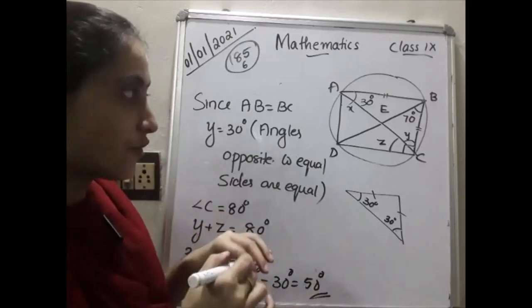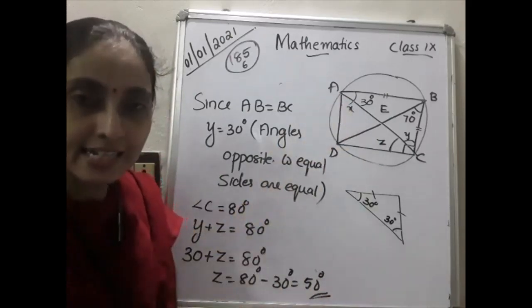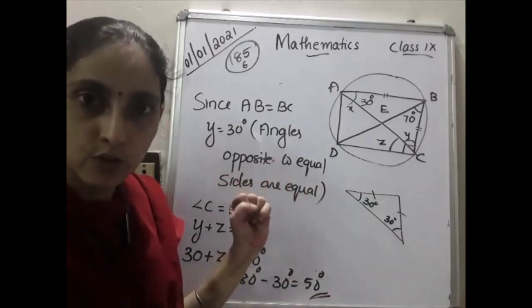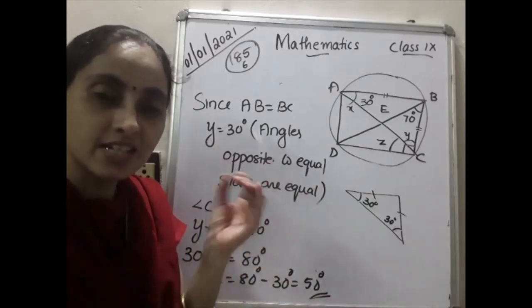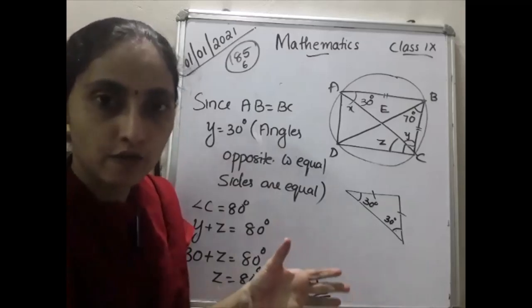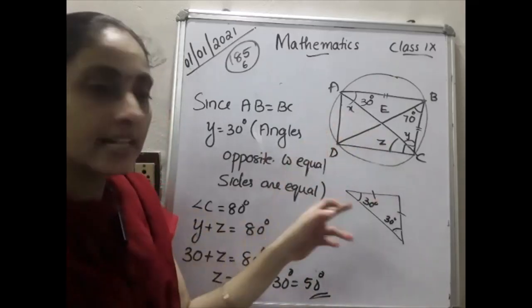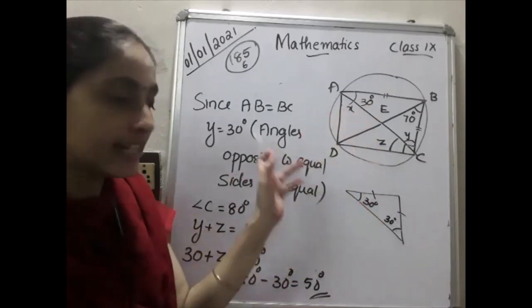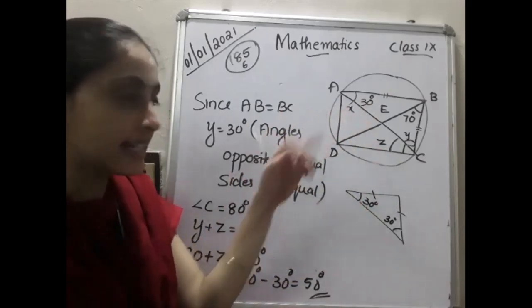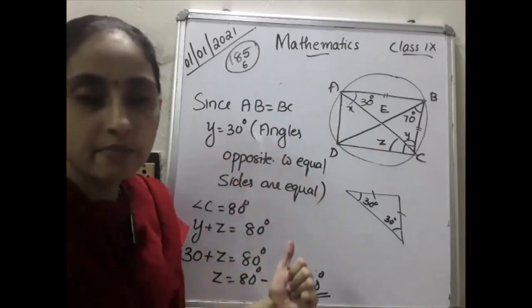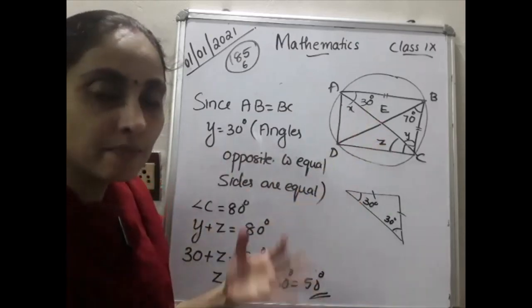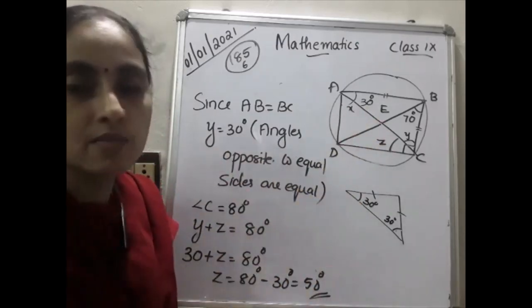Okay. So if you mark X, Y and Z, that is easy for you. Otherwise that will be confusing. Whenever we need angles, if you mark them by simple alphabets, then that will be easy. Otherwise we can write ECD, but that may be confusing because ECD is not the same as DEC. Both are different. So just mark that as X, Y, Z or A, B, C or any variable you can take.